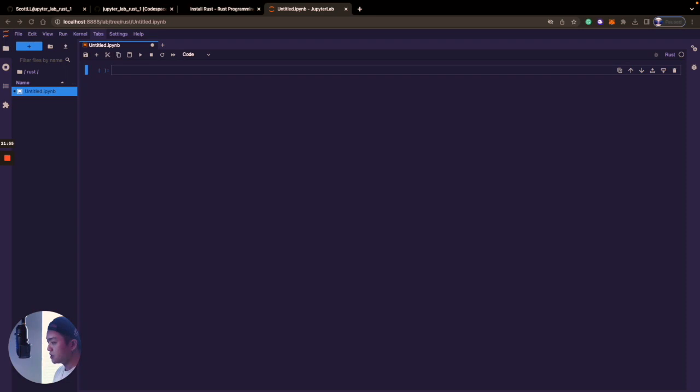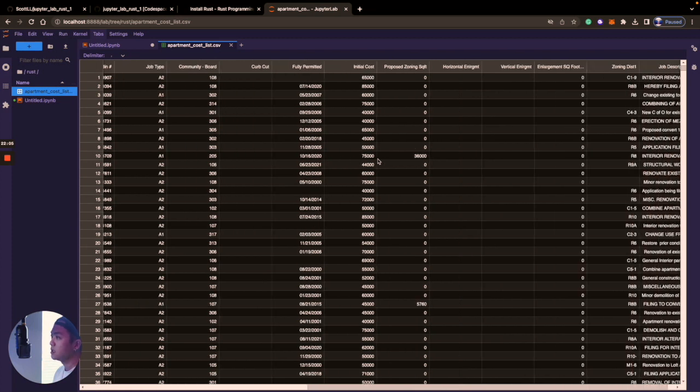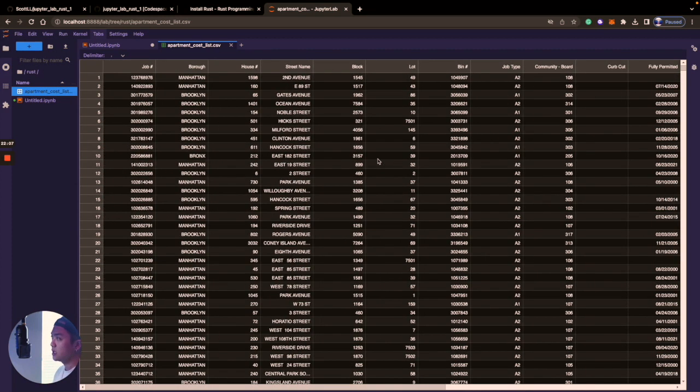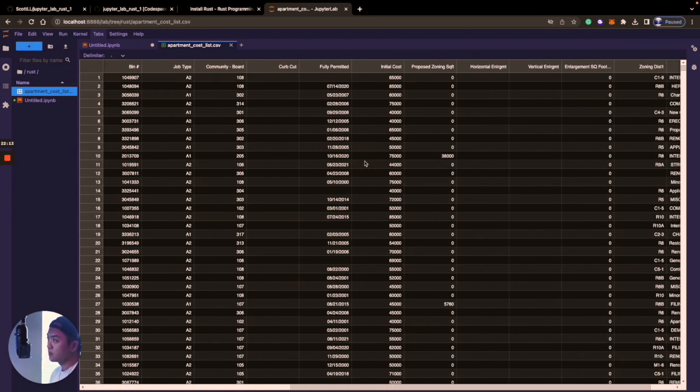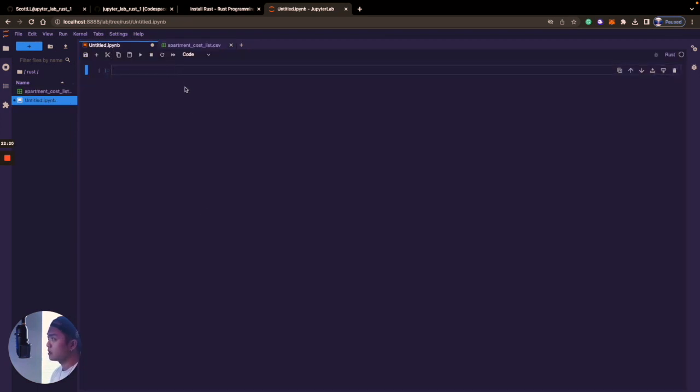So this is a CSV file about the apartment cost list. We can take a look at the data itself. It contains several different columns. I got this data frame from Cargo. It contains multiple different columns with all the information about apartment cost. So what we're gonna do is firstly read it in for our